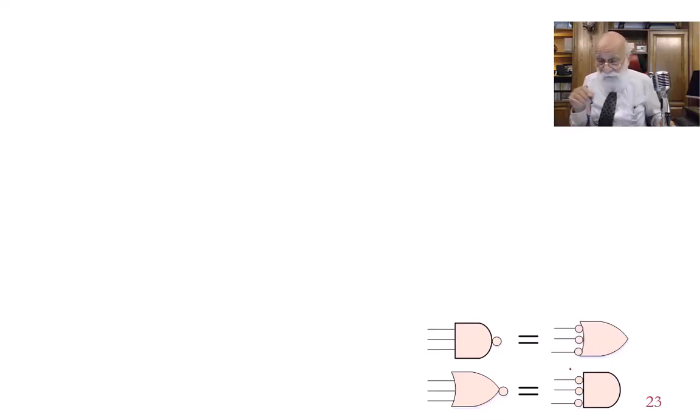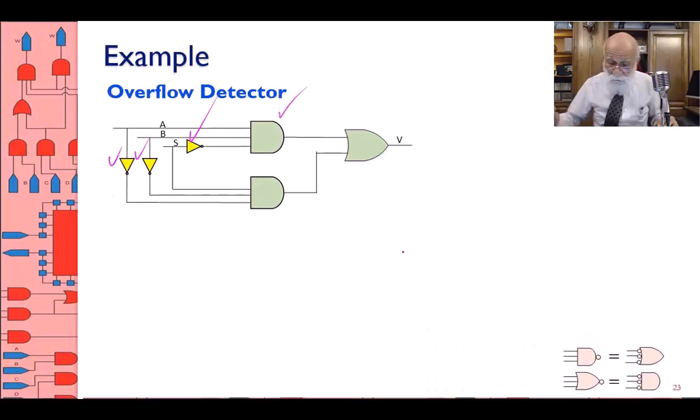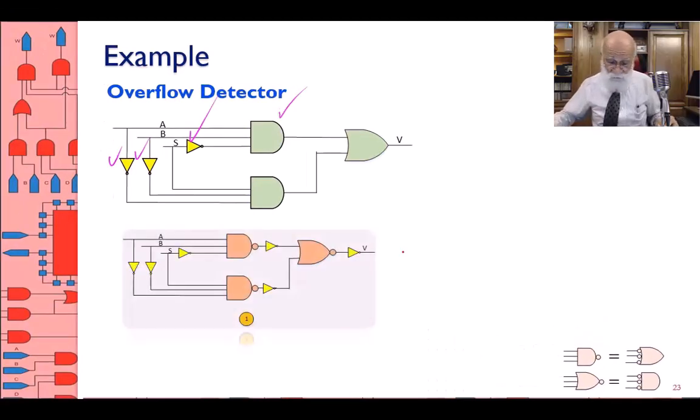Okay, with bubble inputs. So for these structures, I can use any of these symbols here. As far as the NOR is concerned, the NOR can be an OR with bubble output or an AND with bubble inputs. So let's go back to this structure here and say that one alternative for building this would be